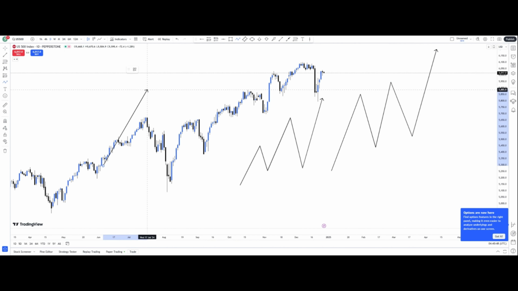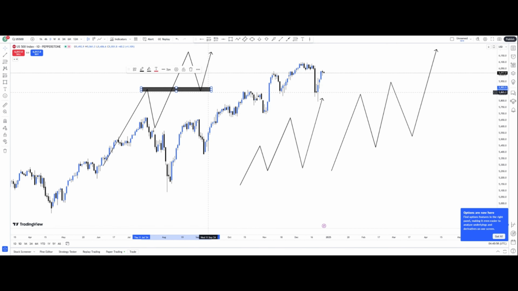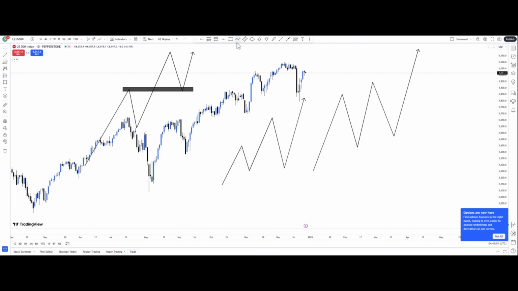Now on our daily time frame, there are two criteria which we look for to trade. First one is a break and retest. We have something like this. We call it the break and retest. And the second one, we look for price coming back to a demand zone like this. So these are the two criteria we are looking for on the daily time frame. So in summary, in the monthly time frame, we're looking for a trend, which is an uptrend. On the weekly time frame, we're looking for an uptrend. And on the daily time frame, we are looking for a break and retest or price coming back to a